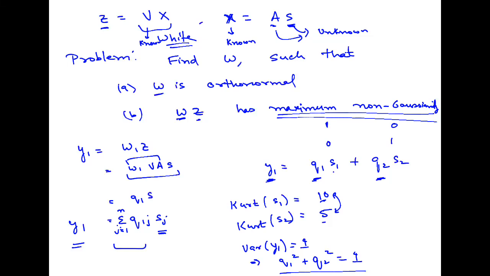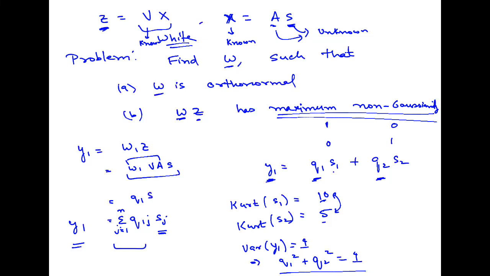After whitening, I have converted X into Z. All I know is Z has covariance of Z transpose equal to 1. All the components are independent in Z. But that does not necessarily mean that it actually represents S. So I want to find a W such that WZ becomes equal to S. I don't know what S is. If I optimize W such that this maximizes the non-Gaussianity, then y1 will be equal to S1. We'll choose a W such that y1 equals S1.